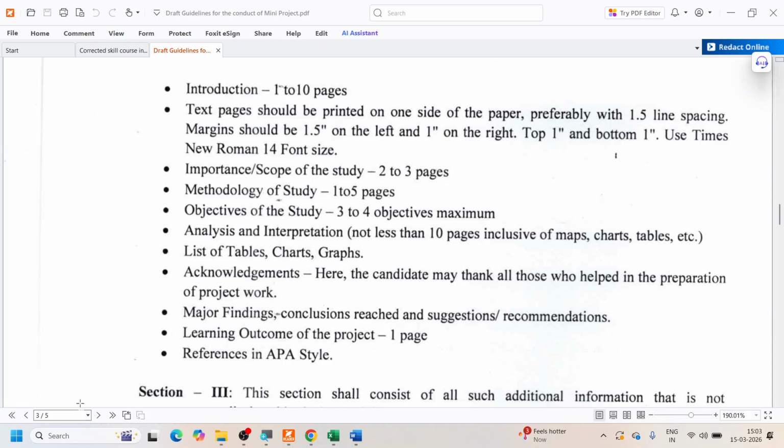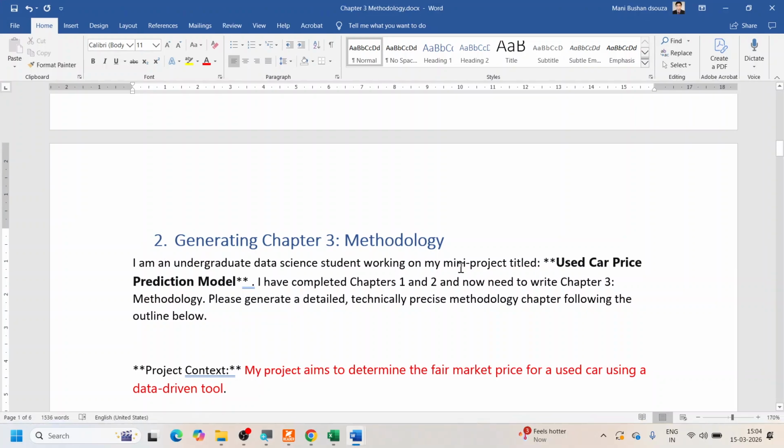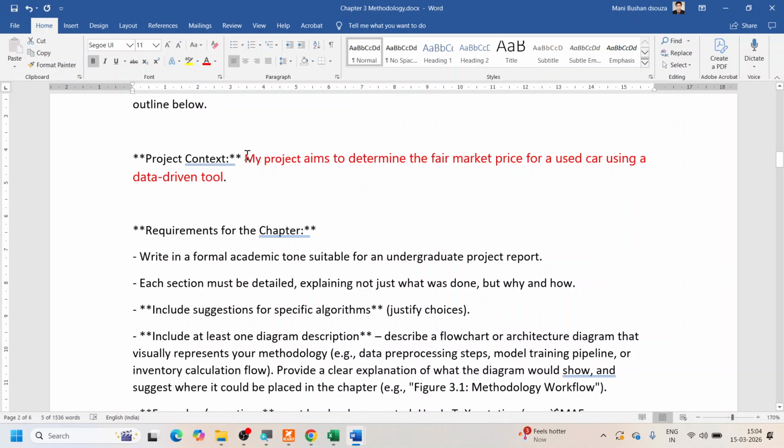So let us recall what we were doing. This is the one that I have already shown you, and in my last session I was talking about the used car prediction model, and this was my objective. My objective is to determine the fair market price for a used car. This is where we stopped, and now we need to perform the